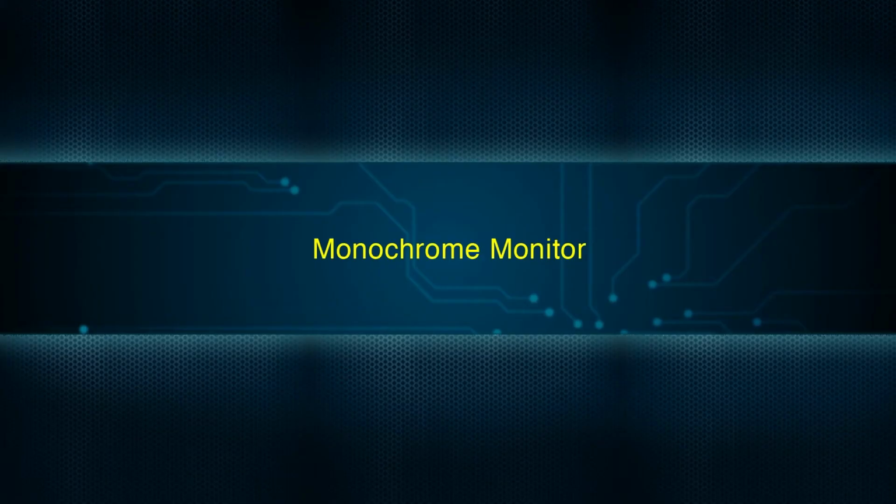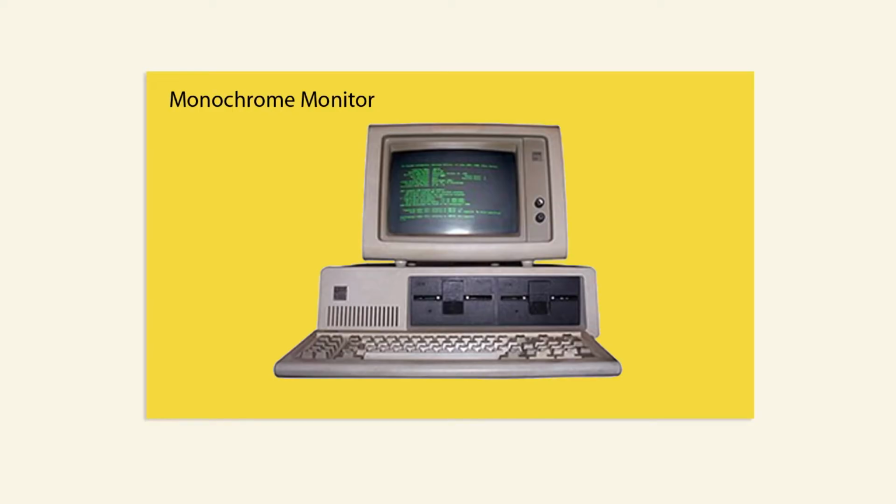Monochrome monitor. A monochrome monitor is a type of CRT computer display which was very common in the early days of computing from the 1960s through the 1980s, before color monitors became popular. They are still widely used in applications such as computerized cash register systems. Monochrome monitors actually display two colors, one for the background and one for the foreground. The colors can be black and white, green and black, or amber and black.